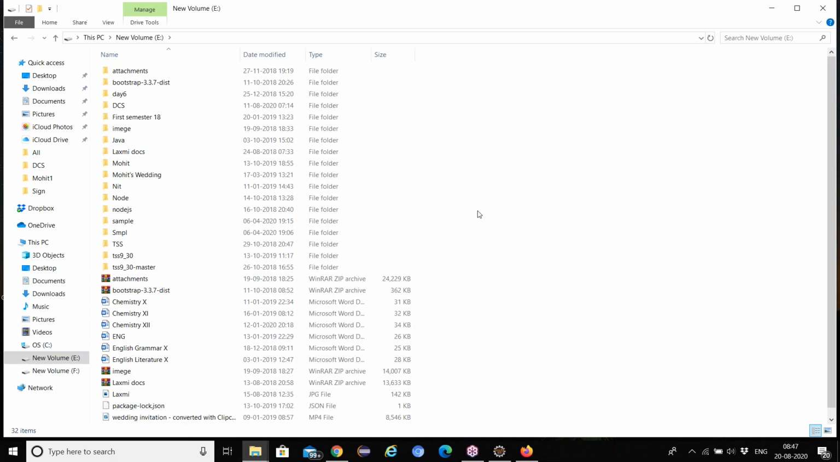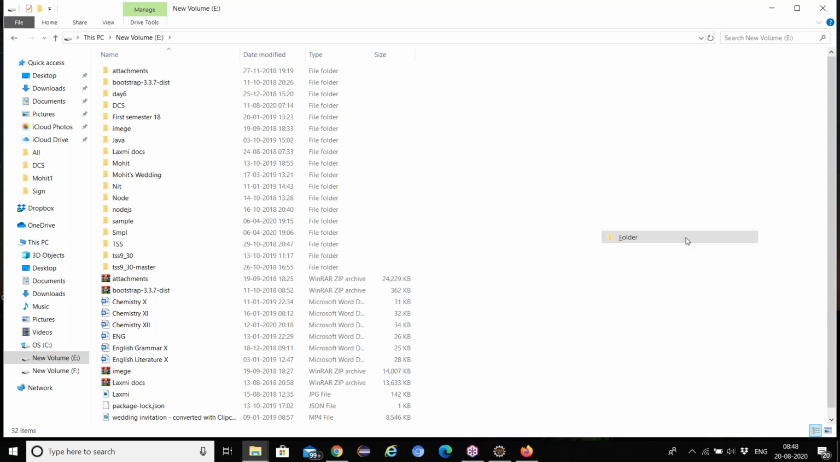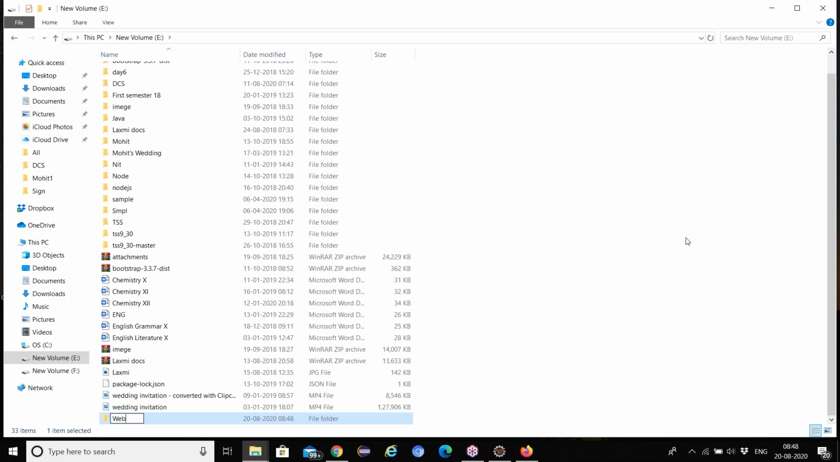Create a folder here. WebDriver. Create a new folder, WebDriver 3.8. Because meaningful names you need to give, always meaningful names. Okay, WebDriver 3.8. So whenever anybody asks you to add the jar files, you need to come here and